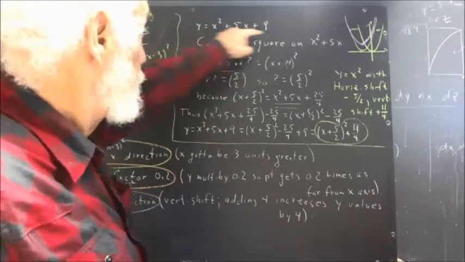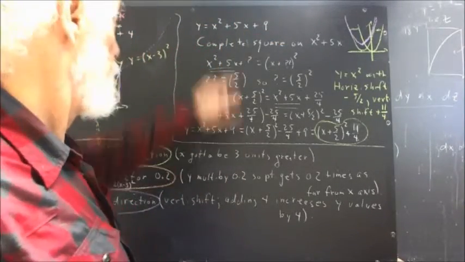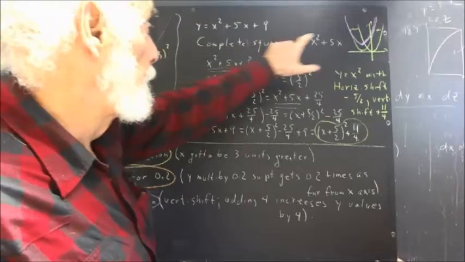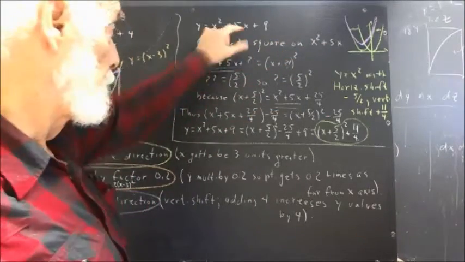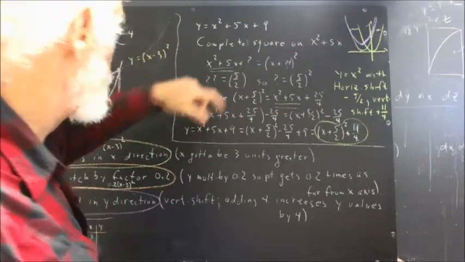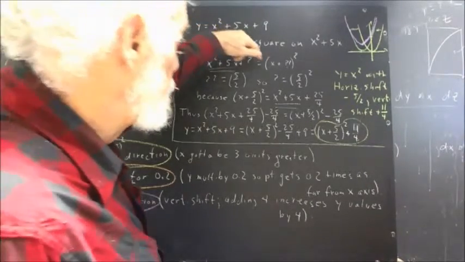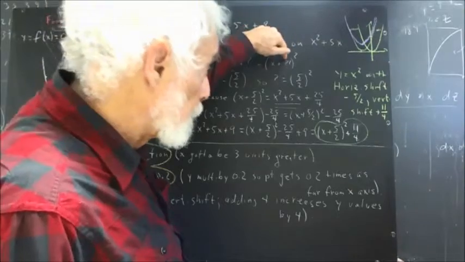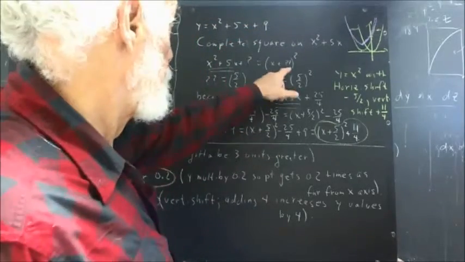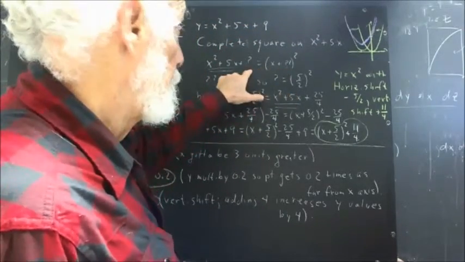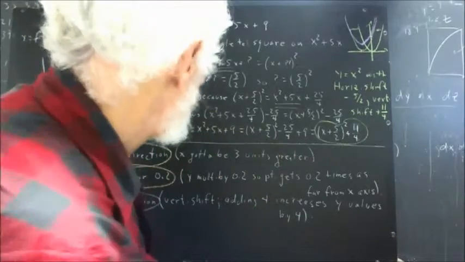Okay, we want to put this into that same form, and that's what we're going to do if we start by completing the square on the x squared plus 5x. So the question is, x squared plus 5x plus what is equal to x plus another what squared? We've got a number to fill in here, and a number to fill in here. Well,